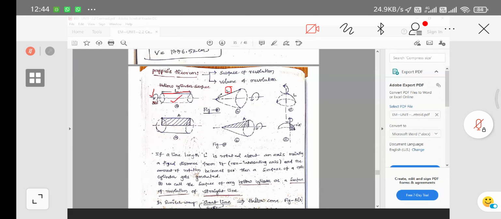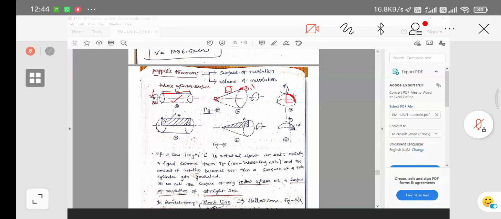Slant height, and also whatever the coordinates here, these are 0, 0, and the coordinates of this line element at the end point are some coordinates. So 3, 4, otherwise 3, 1, x is 3 and y is 1, like that. If you rotate, you will get a hollow cone surface. Cone surface only you will get, not a solid. This spherical shell you are going to get by taking your circular arc.